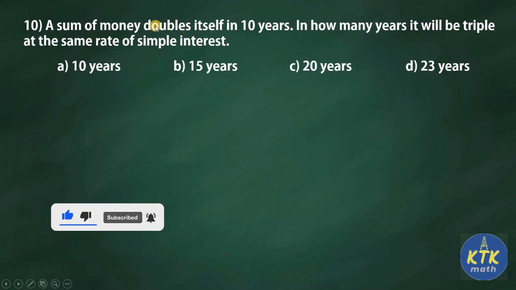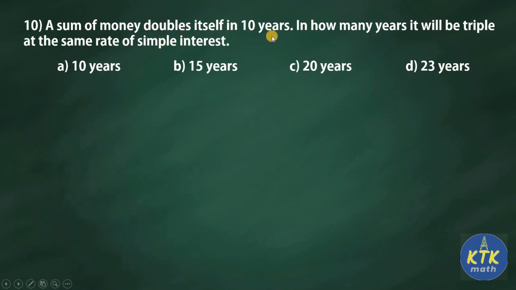I told you this question contains 2 parts. The only clue they gave is that in both parts it has the same rate of simple interest. So in the first case we need to find the rate of interest. A sum of money doubles itself in 10 years. Using this statement I am going to find the rate of interest first. I am going to assume the principal as P, or you can use X also. In the first case, a sum of money doubles itself. Therefore if principal is P, the amount will be 2P.